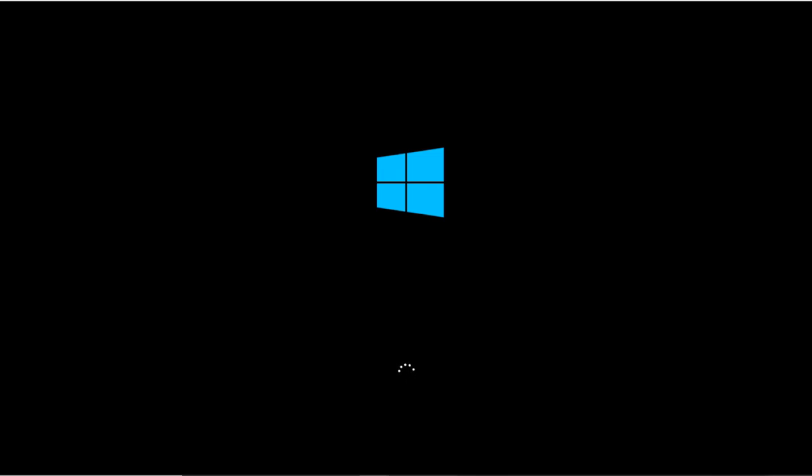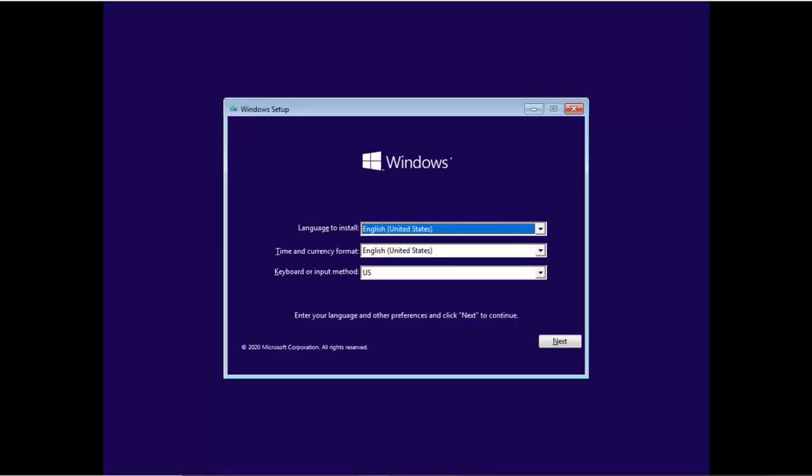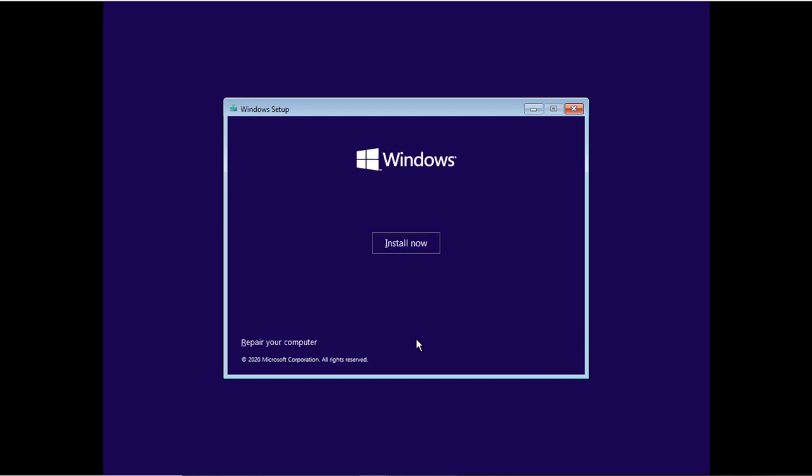In the installation DVD also you have the recovery environment, and you can create a separate recovery disk also. Now here it is like we are installing the operating system, but I'm not going to install it. I will select next here, and this is where we have the option repair your computer, and this is the recovery environment also.